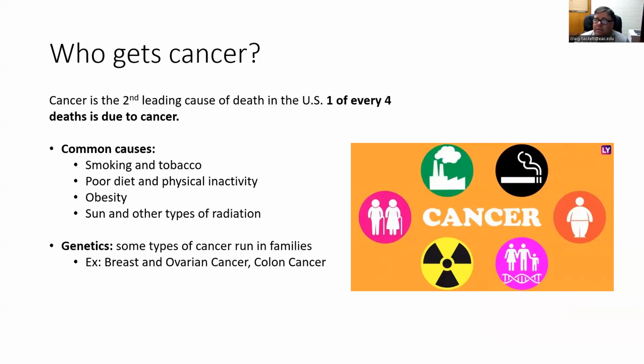So who gets cancer? Well, cancer is the second leading cause of death in the U.S. So it's about one in every 4 people are dying from cancer. Pretty common causes are smoking, poor diet, which increases your chance for obesity and diabetes, and then of course sun exposure. Because when we talk about sun exposure, boy, we're talking about skin cancer, and skin cancer is really prevalent. We don't typically die from skin cancer, but we can get it pretty easily. Genetics has something to do with it too.